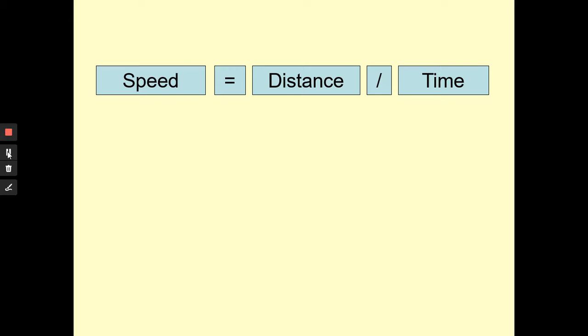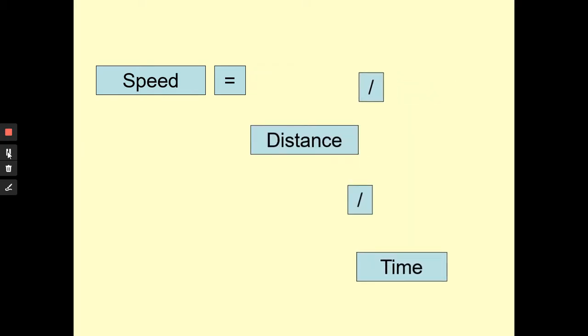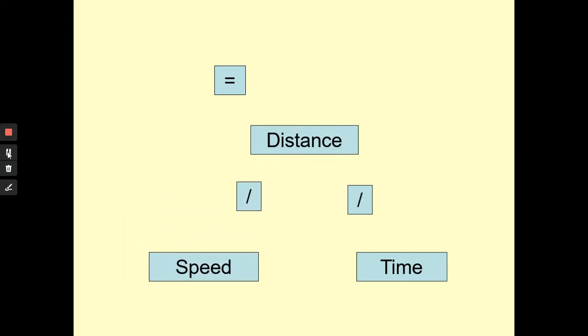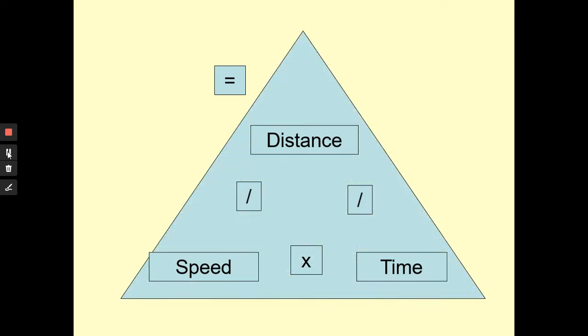So the thing to remember about calculation triangles is if something is divided by something else, so in this case distance is divided by time, in the triangle time needs to be at the bottom and distance needs to be above it. If it's not, that's not the divide by. So that leaves the third space there to be speed. So if we look at our triangle, we get the fact that speed is equal to distance over time, or distance divided by time. But if we wanted to calculate distance, we've got speed times time next to each other down there. And if we wanted to know how long it took to travel somewhere, we've got to do distance